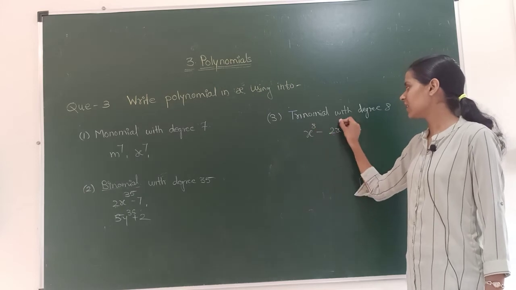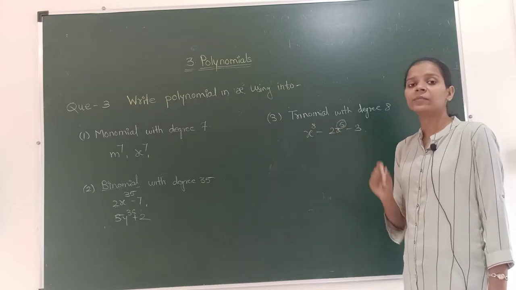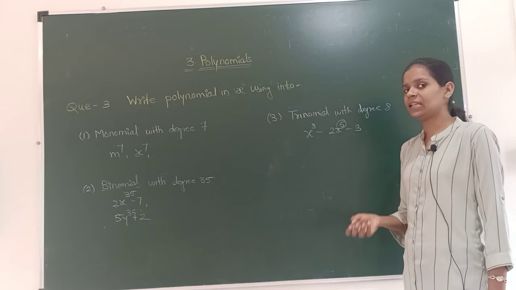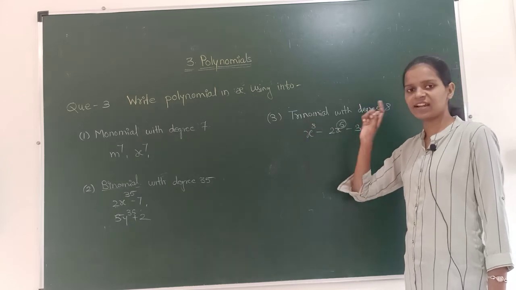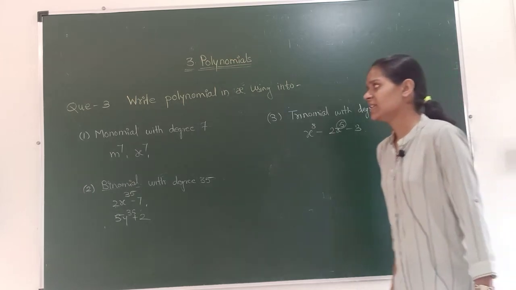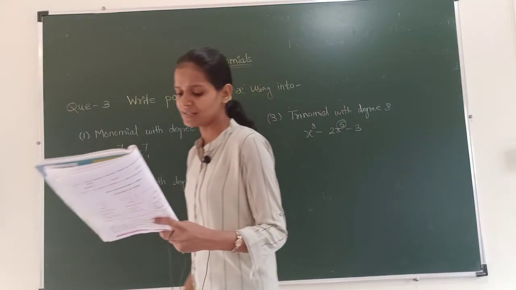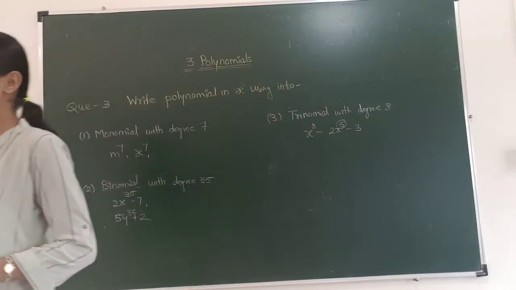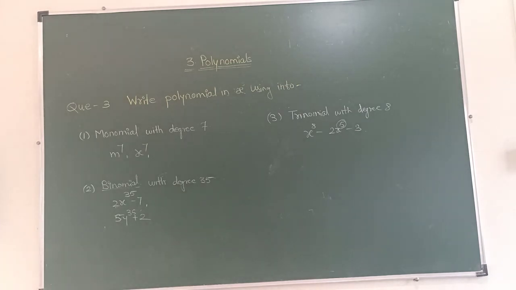Why is the degree 8? Here you can see 5, but we say the degree is the number which is greatest. So 8 is the degree. This is question number 3 from your practice set 3.1. If you want this, you can take a screenshot. Otherwise, we will move towards the next example.